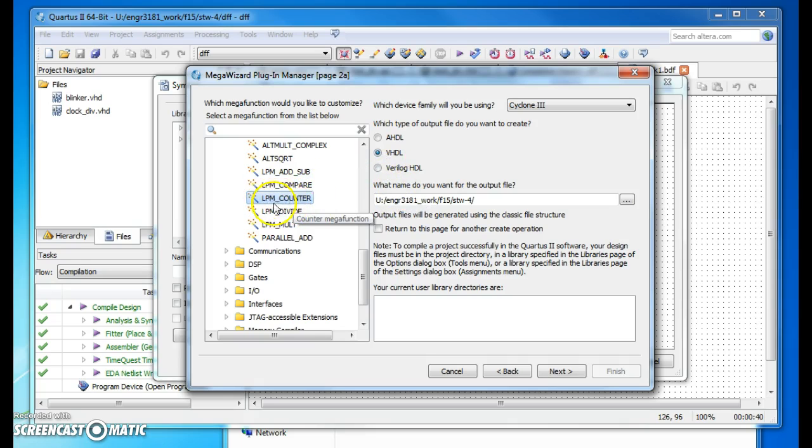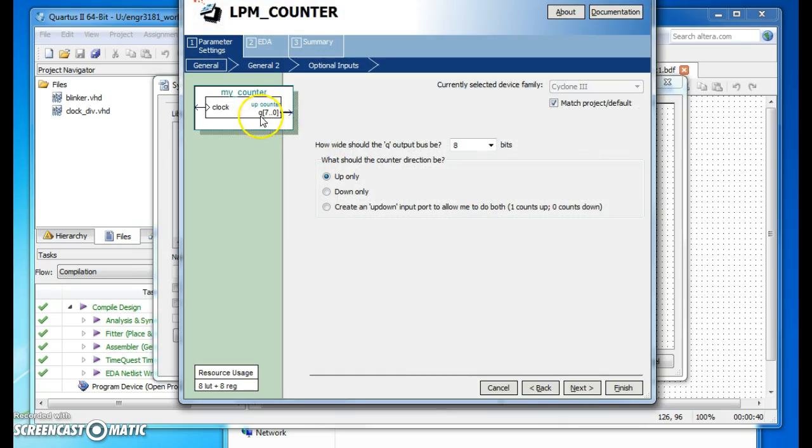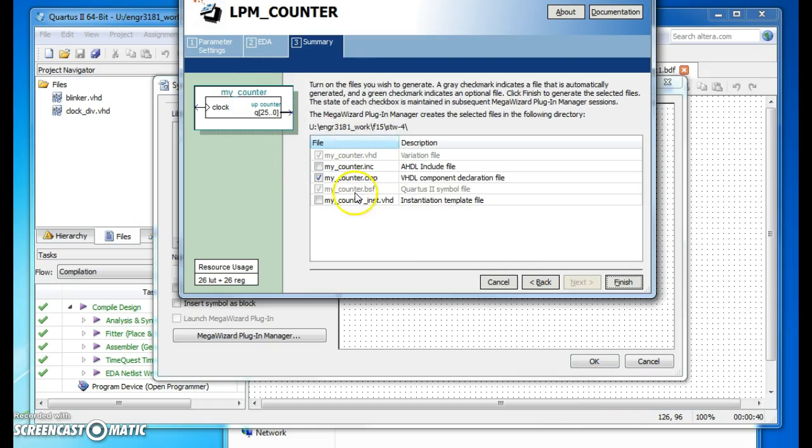So for example, let's use LPM counter, and we like VHDL, and let's call it my counter. And this is just a little counter that you drive with a clock, and you get to decide how big it is. So if you decide, for example, it's 26 bits wide, then it will go ahead and create a